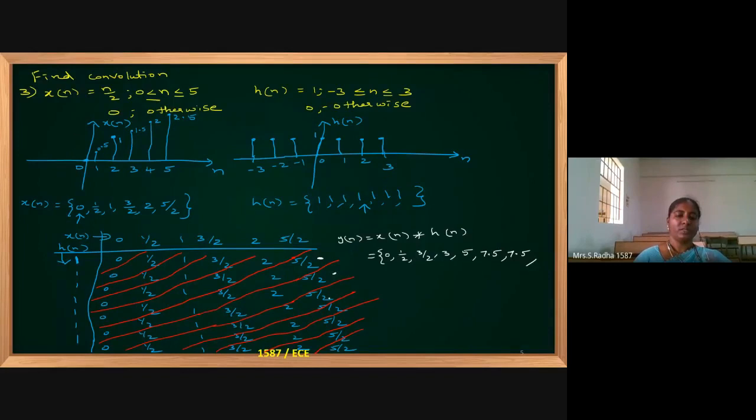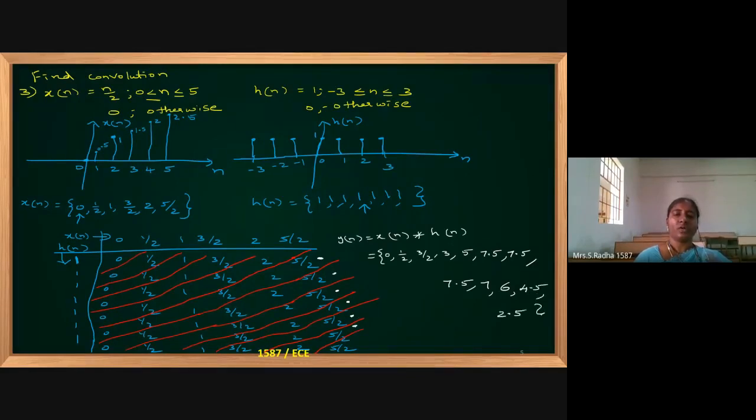Now I am going with this. Again 3, 5, 7.5 only. This I completed. Next, this one is 3, 2.5, 1.5, 4, 7. This row I completed. Now here: 2.5, 1.5, 4 plus 2 is 6. I completed this row. 2 plus 2.5 is 4.5. I completed this one, and the last one is 2.5.